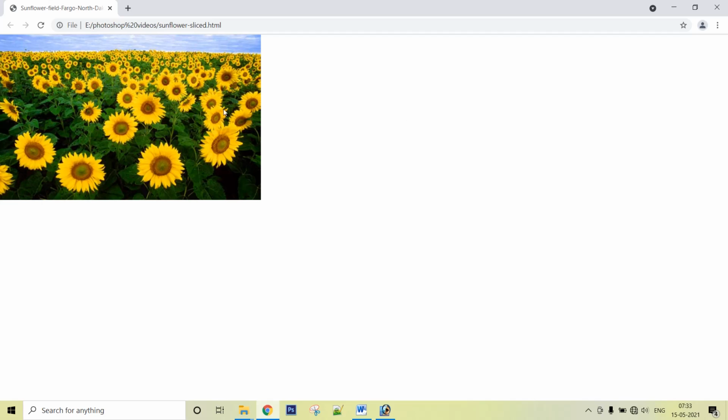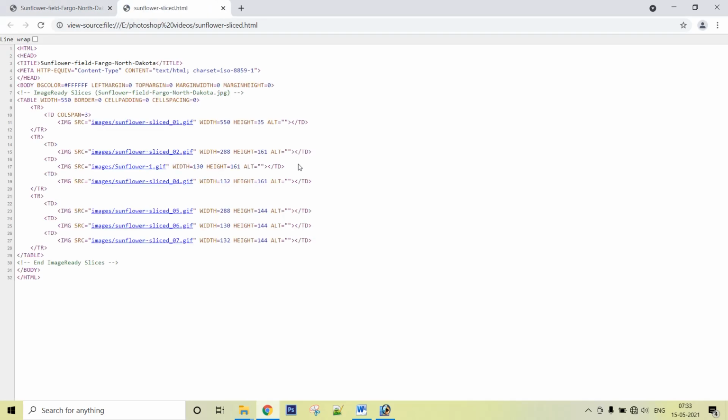If I just go into the code of it, I open view page source. You can see that here we have got a table and different rows, and every image that is sliced is saved as a GIF file and stored as a different table element.